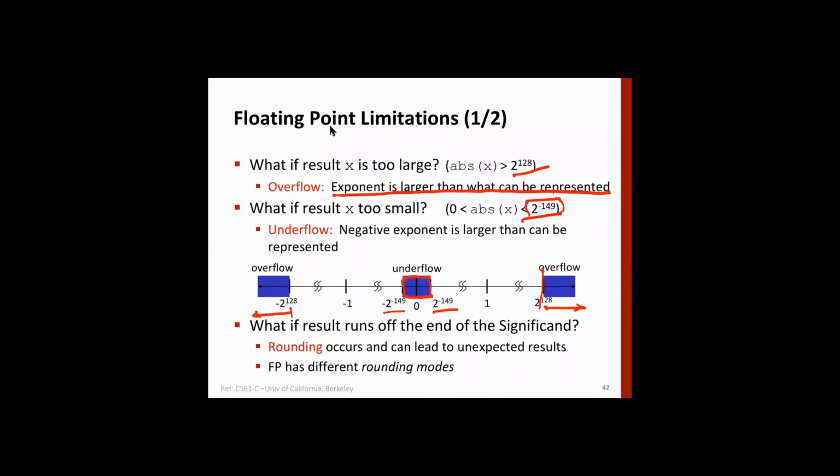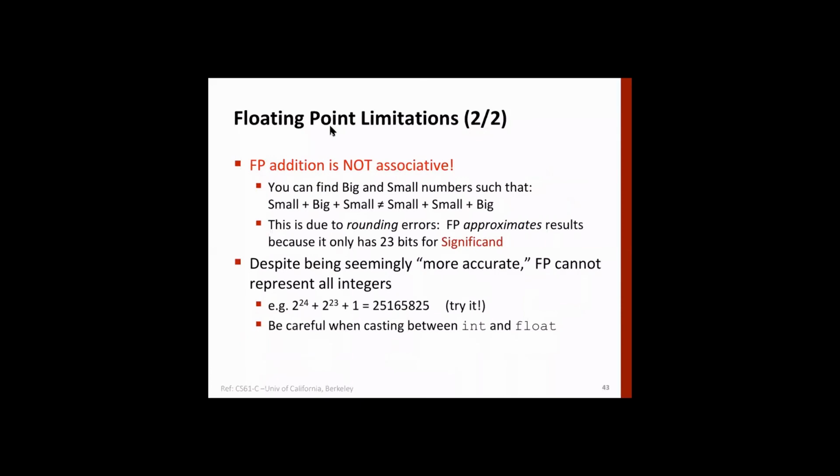And if the result runs off the end of the significand, because the significand has only a limited number of bits and your calculation needs more than that, then a rounding off error happens, and rounding off is usually by discarding the rest of the bits on the significand side. Okay, all right. And the second thing is that FP addition is not associative because of rounding errors. Say there is a number which is small, add it to big, add it to small. This is not the same as if you do this addition and then addition with the big one, because of all these errors that you can get, right? And you can try it out.